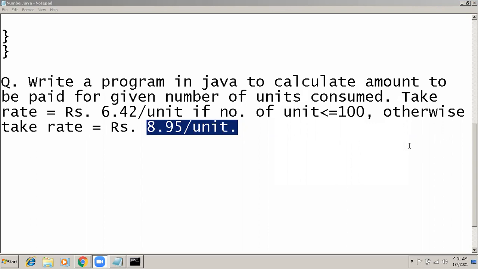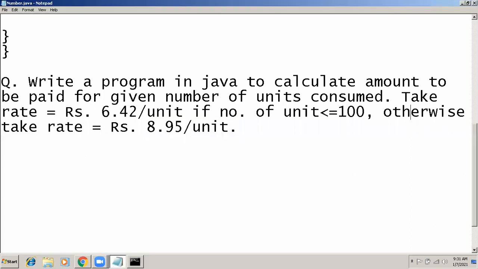Aditya Pandey, Aman Kumar, what about you? Yes, sir. Okay. We can try, sir. So a number of ways exist to write this program. Let's see how you all write it, and I think you can write it because it is very easy. You have to just check the number of units consumed, and there is a condition given here. If units are less than or equal to 100, you have to take the rate equal to this much.